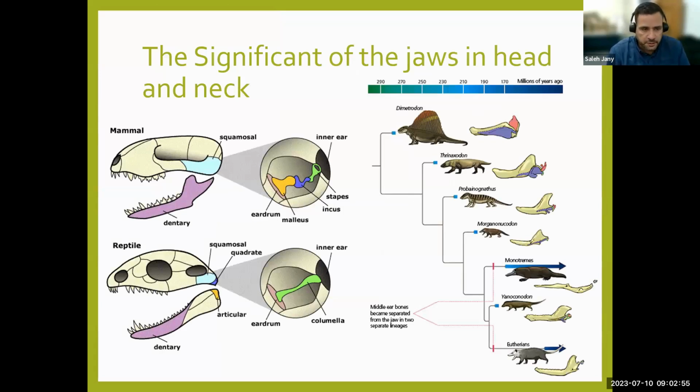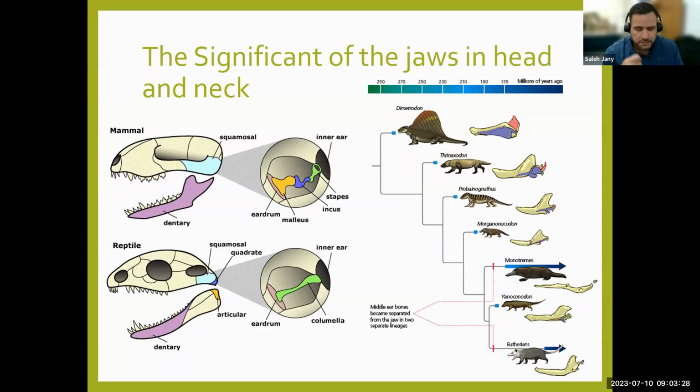The jaws are very important. If you see the early organisms, when they start eating, or change from photosynthesis to get energy from other sources, they start to have a mouth. So the mouth developed before eyes, before the brain, eventually even before the nervous system. So with a simple nervous system, there's a mouth.